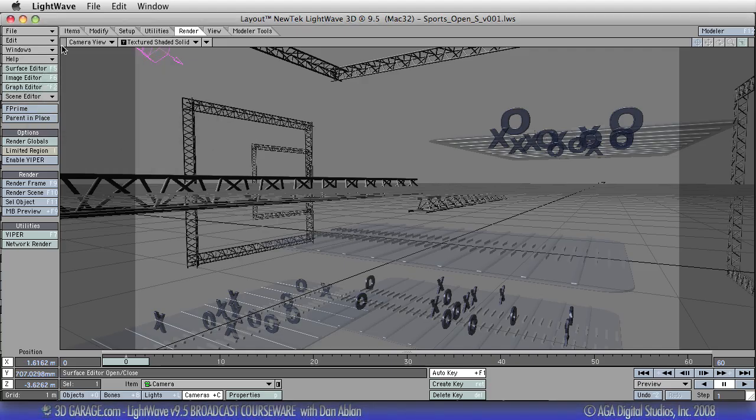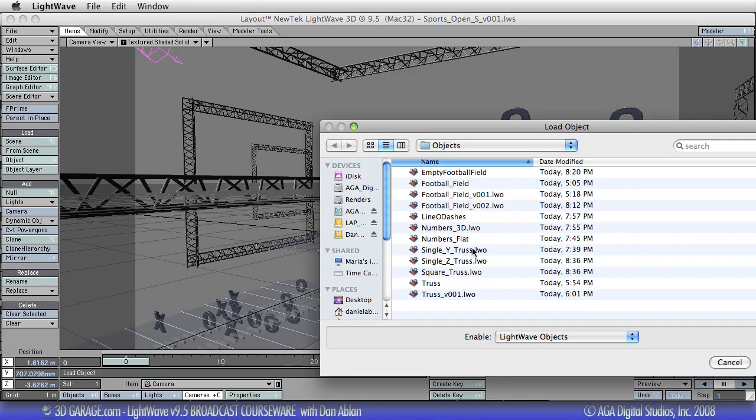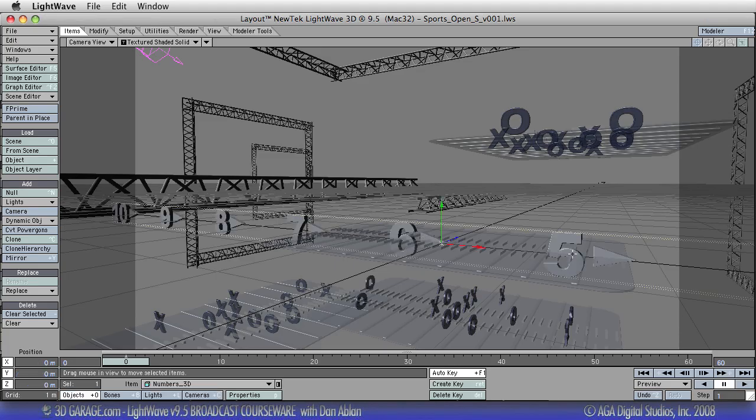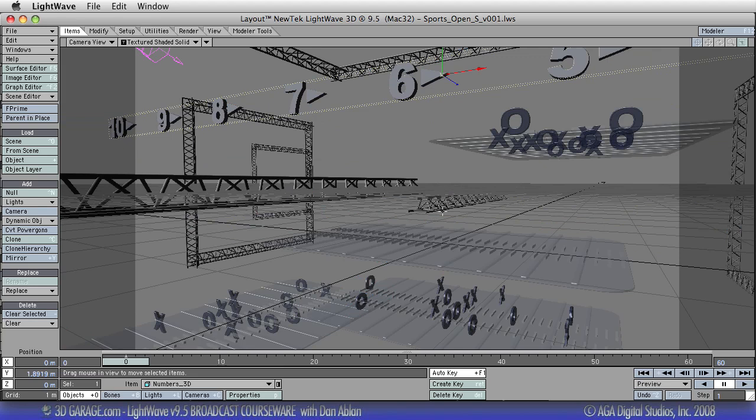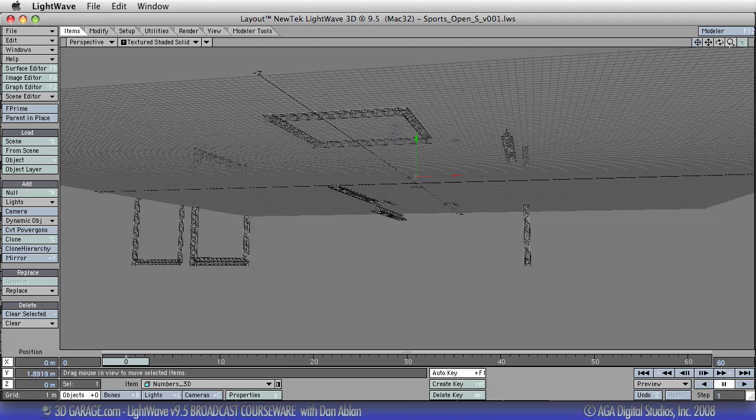All right, so let's add a couple more elements. We've added some metal in there. We've added our glass football fields. So what do we have left? We have some numbers. So let's open up and we'll choose our numbers in 3D. Okay? And for our numbers, because we built everything and centered everything, they're right there. Now, we don't want to take away from our main logo, which is going to be right here in the center. So for these, I think what I'll do, let me zoom in a little bit,